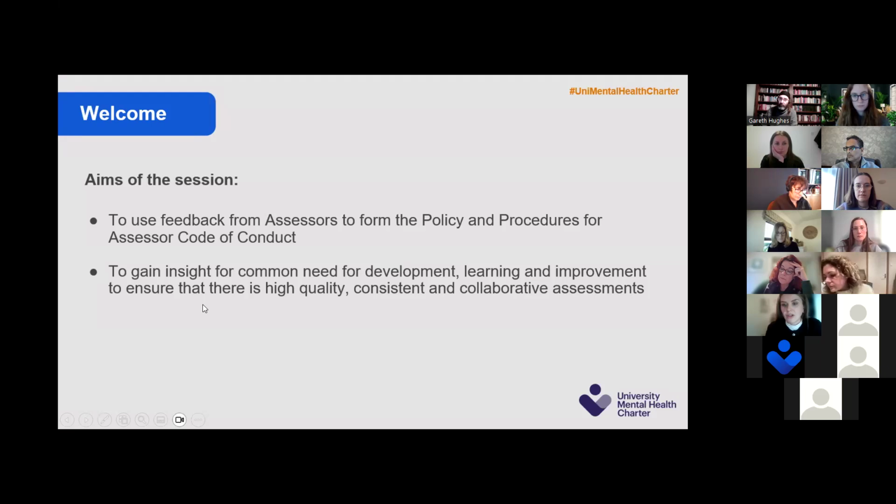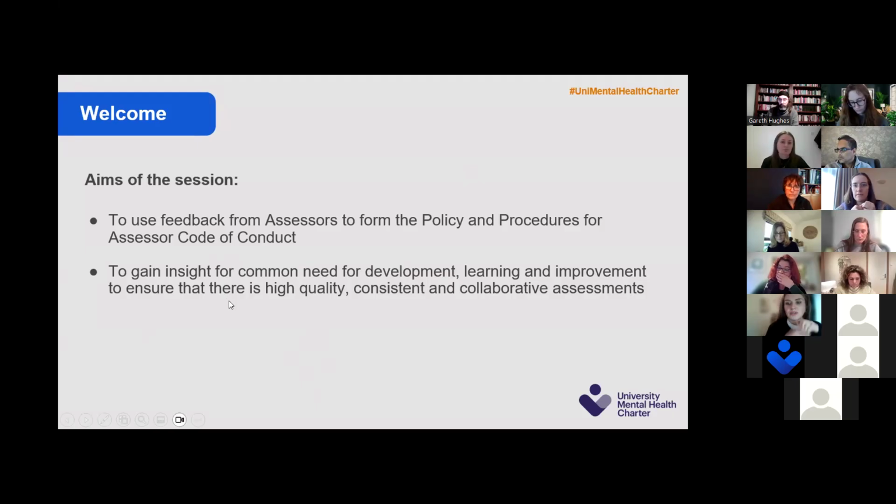This last session, we want to create a code of conduct for assessors. We want to be able to create consistent policy and procedures, but we want it to be created by the group of assessors. Now, we started this in the in-person CPD day in November. So we have a draft. So what you will be doing is feeding into the draft that's already started. I haven't got the draft with me here today. We'll take the notes from the questions that we're asking.